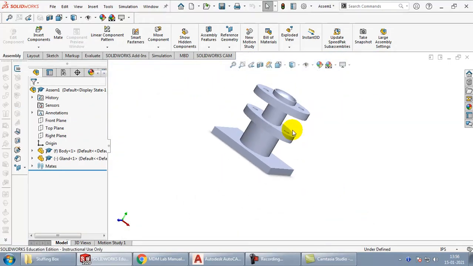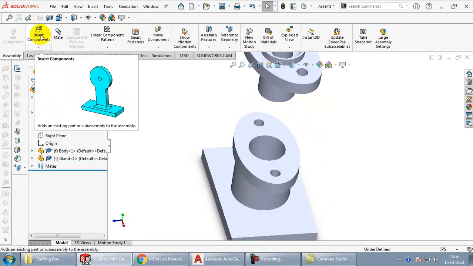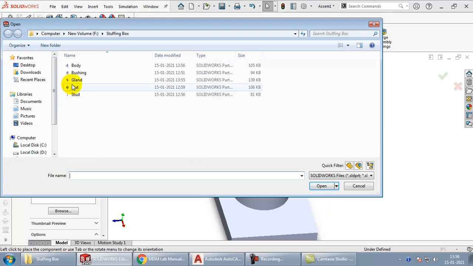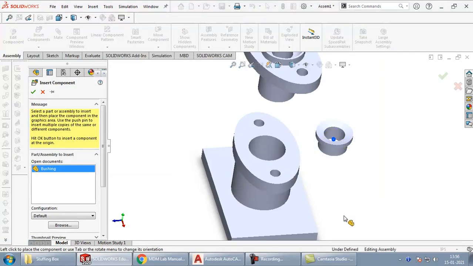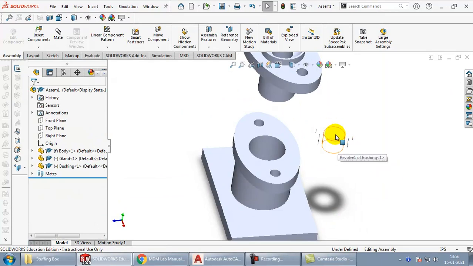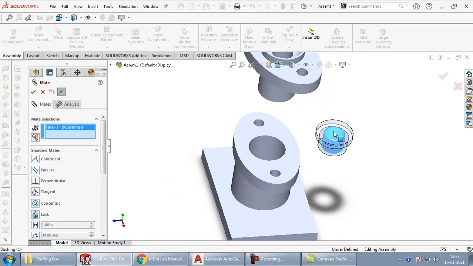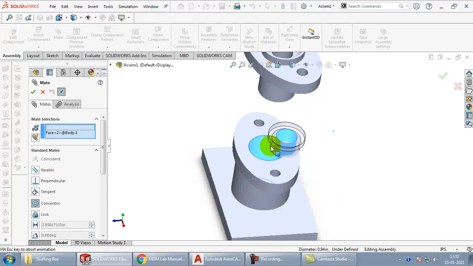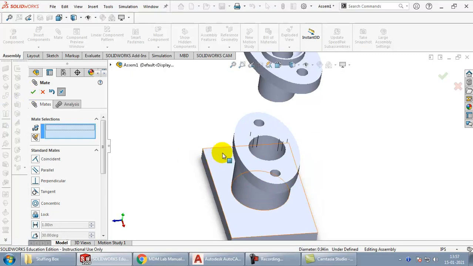Coming to the next parts, we need to assemble the bushing. So go ahead, click on the insert component, click on the bushing, click open. Now we have to constrain it again. Once again, click on the mate option, select this cylindrical part, select this cylindrical part, it will mesh properly. Click on the tick mark and then